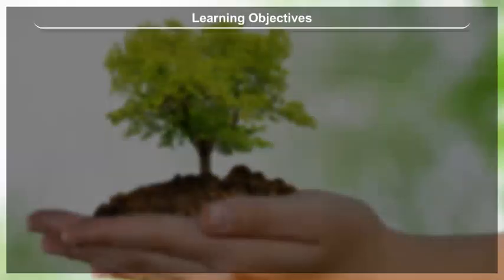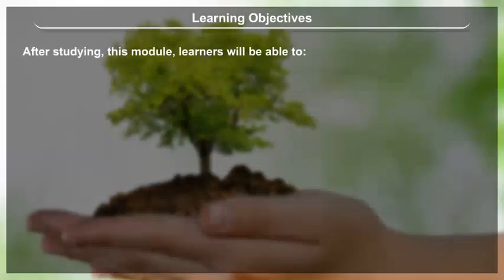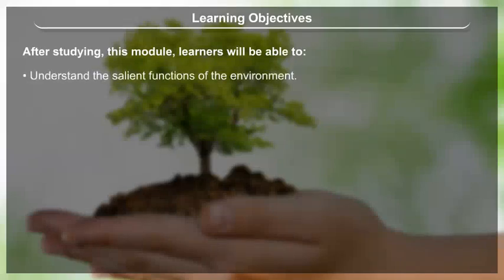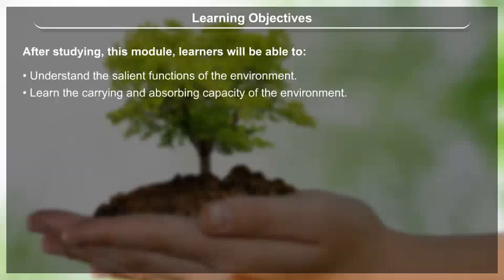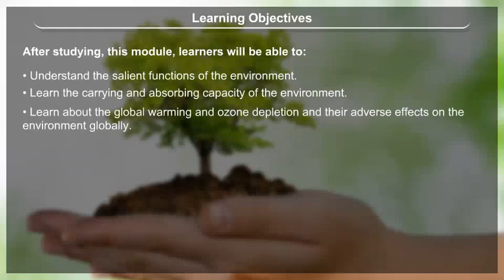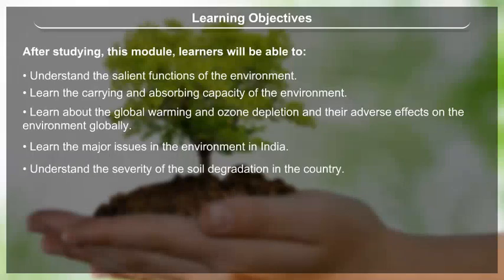Learning objectives. After completing this module, learners will be able to understand the salient functions of the environment, learn the carrying and absorbing capacity of the environment, learn about global warming and ozone depletion and their adverse effects on the environment globally, learn the major issues in the environment in India, understand the severity of soil degradation in